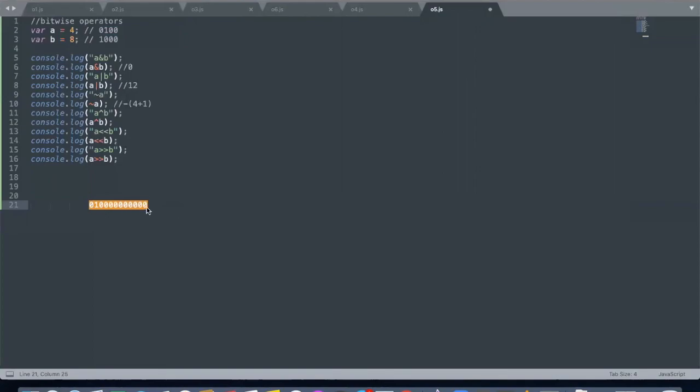This is 0, 1, 2, 4, 8, 16, 32, 64, then 64 into 2 is 128, 256, then 512, then 1024. Guys, that's why I'm getting the answer 1024, right? And this is the last thing.